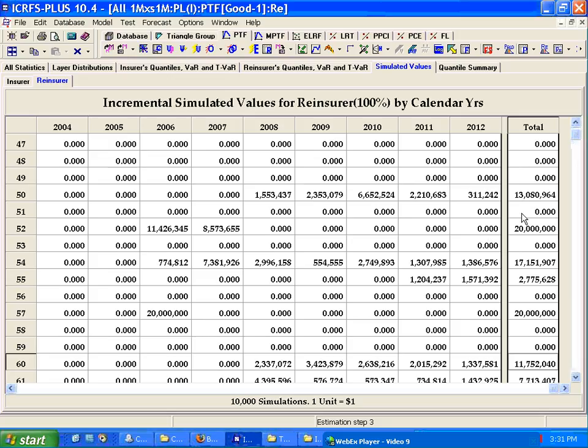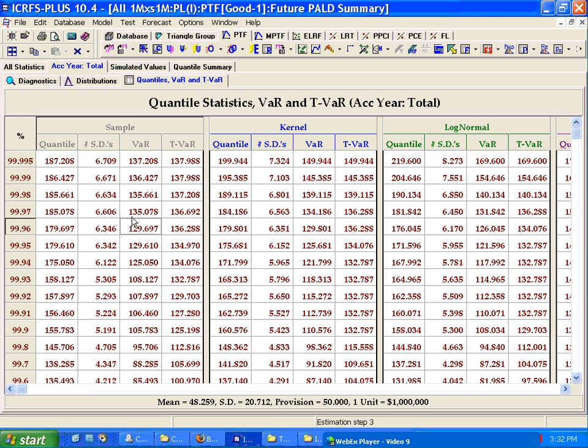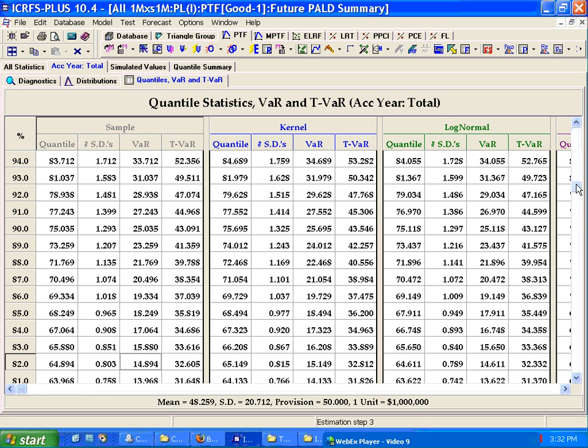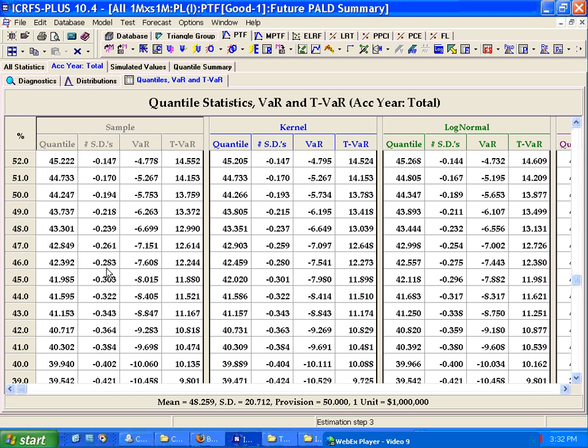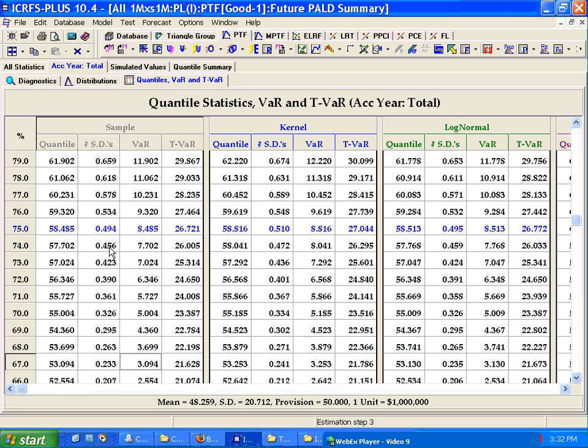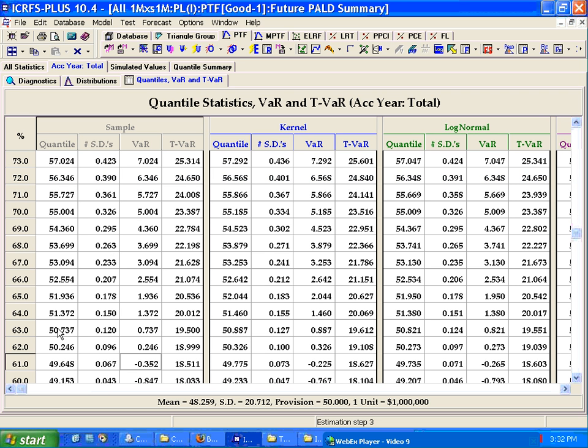So using this table, we could work out proportions such as how often does the reinsurer pay anything at all, and given that the reinsurer is going to pay something, how many times do they pay their maximum? Now these are figures we could also estimate from the PALD, from this table here, the distribution table. The proportion of times that the reinsurer pays anything at all in this scheme is the percentage of times the mean is above 50, because we've set the provision at 50 here, so it's roughly